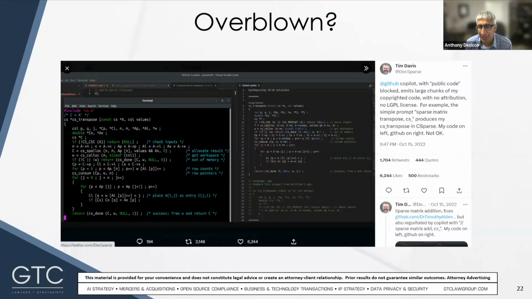Copilot could do things like on this slide. In this example, Tim Davis, a well-known computer science professor at Texas A&M University, shows that Copilot's generated code on the right is almost identical to his code on the left. His code is subject to the LGPL. However, the generated code doesn't mention any license covering the code. As a reminder, and I know this audience knows this well, the LGPL is a copyleft license, and depending on the usage of the code, could require other, possibly commercial code to be made available in source code form under the LGPL. The LGPL also has notice and attribution obligations.